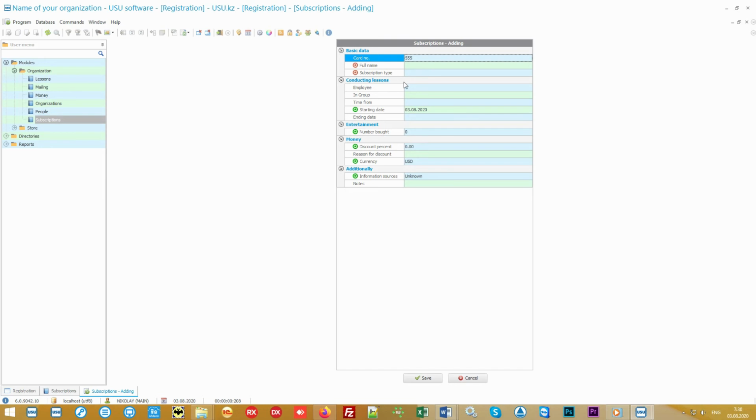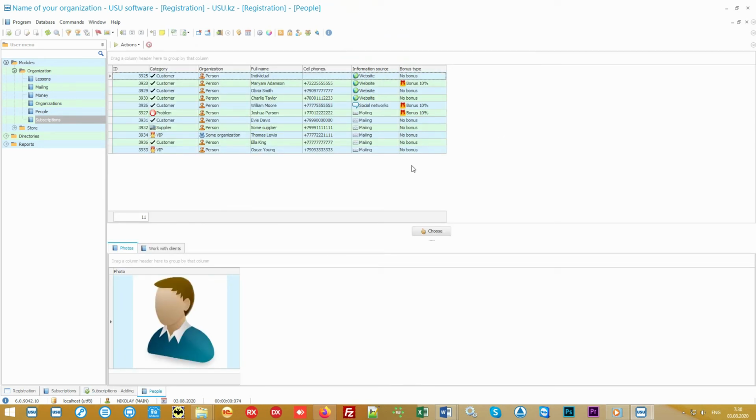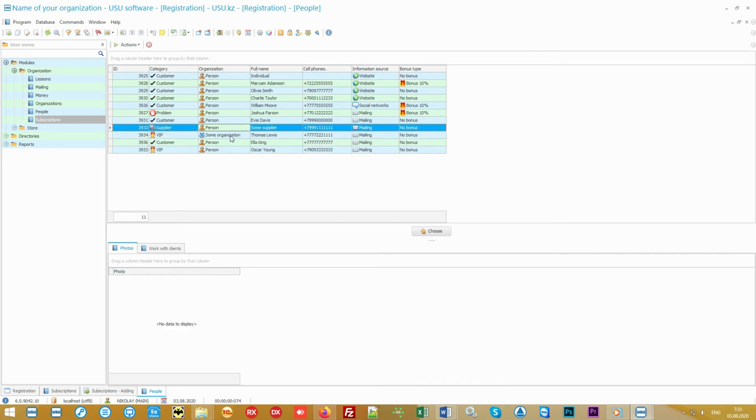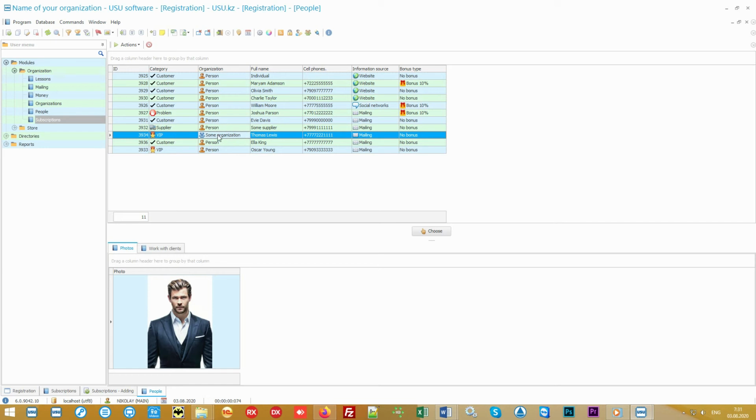In the window that opens, first of all, we select a person from a single database of our customers. We can work with individuals and corporate clients, that is, with employees of various organizations.